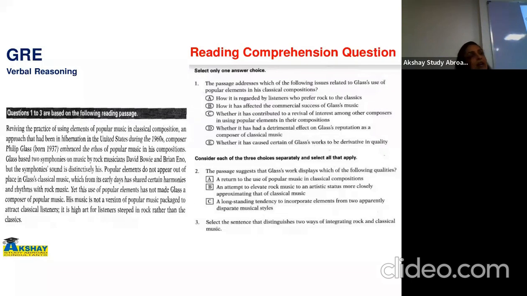Did you get that? And likewise, there are short passages, middle-length passages, and longer passages as well. You can see a passage of this length. There are 3 passages like this in one set, and that you can consider as a longer passage. But the question types remain the same. Understood? Okay. Any doubt about this? Clear?